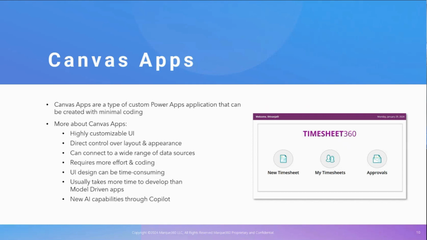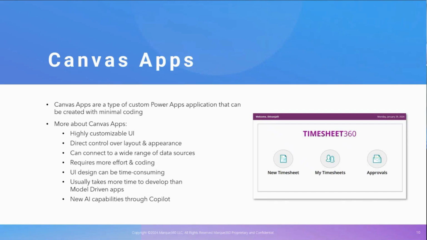First, the UI is extremely highly customizable. When you think of a blank canvas, you really can do whatever you want. And with a Canvas app, that's just what you're going to get. There's going to be numerous options for color, text size. There's all these different things that you can do with the Canvas app to fit your exact wants in terms